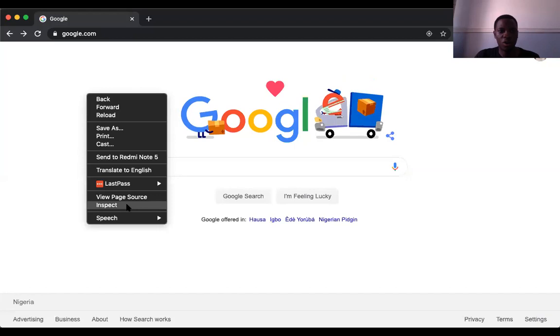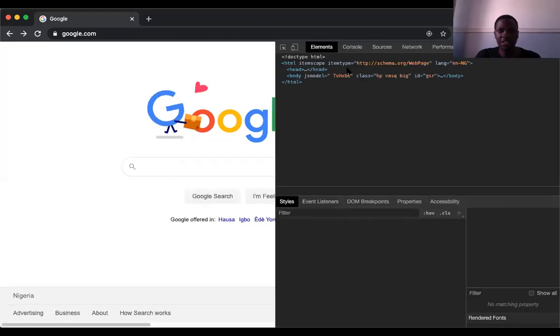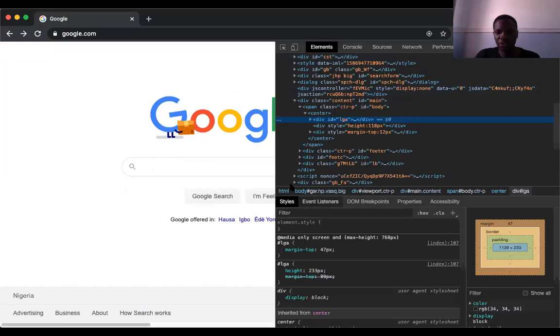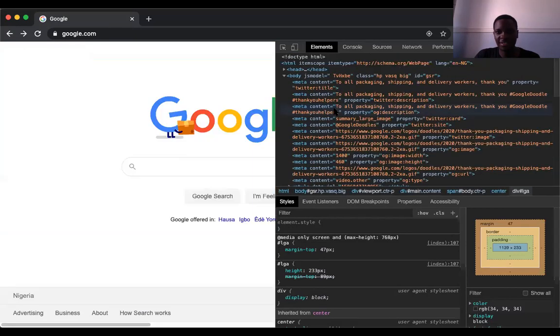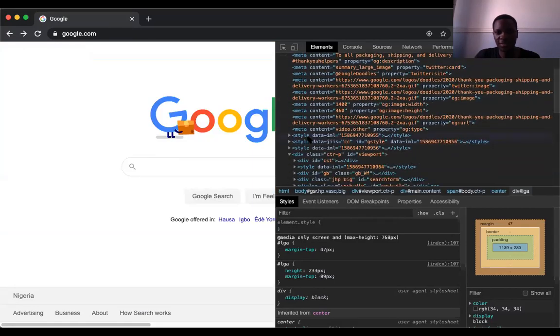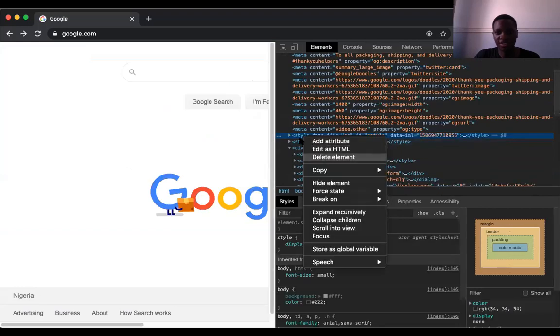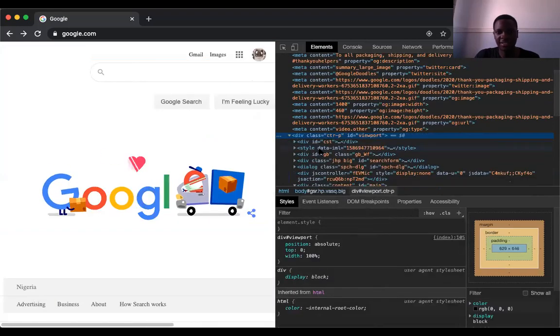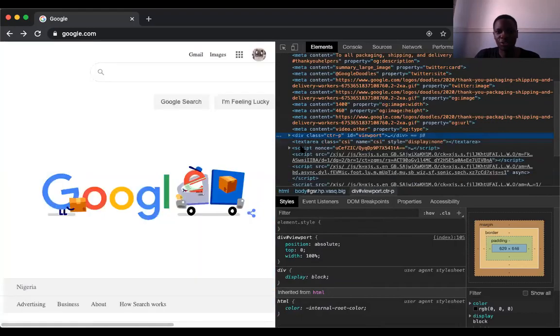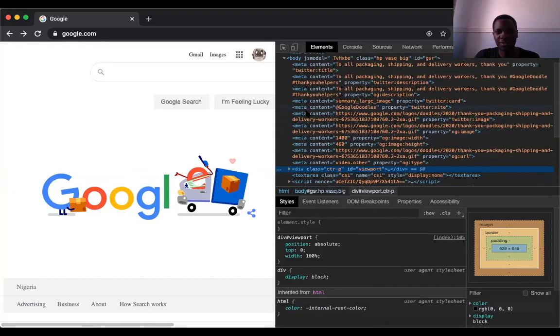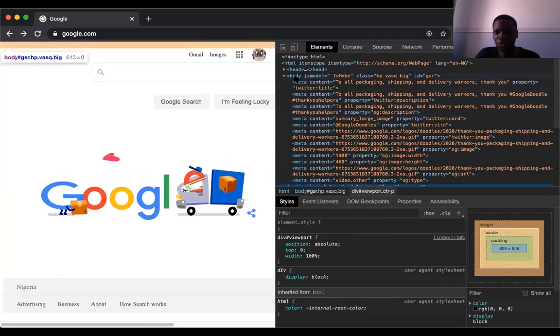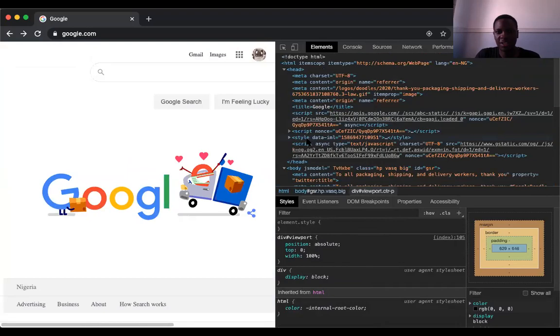So what I will do now is try to disable all the styles associated with this web page. I just delete all these style tags. What I'm trying to do is show you what this page looks like without anything, just raw HTML, nothing else attached to it.